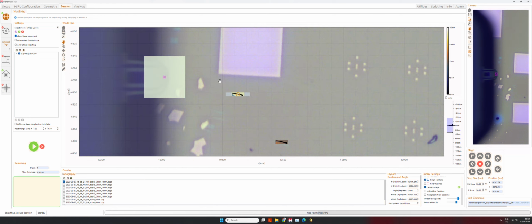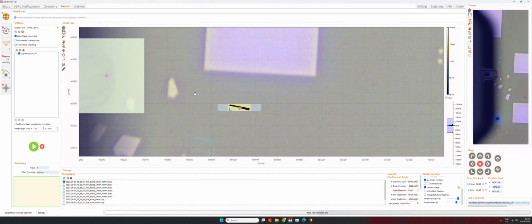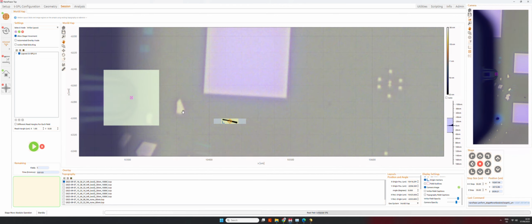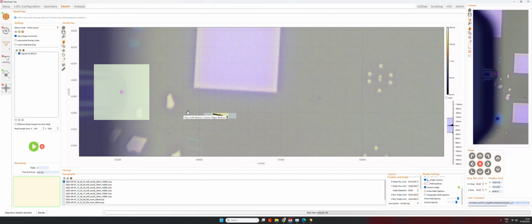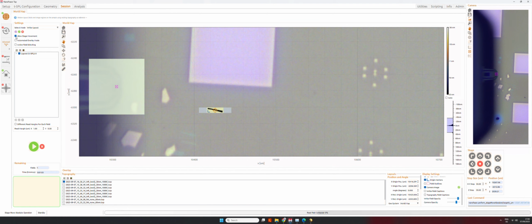So let's say the goal of this video now is that of contacting, for example, this small flake to an electrode. So here we have this big electrode, our flake. And so what's a typical approach? Similarly to